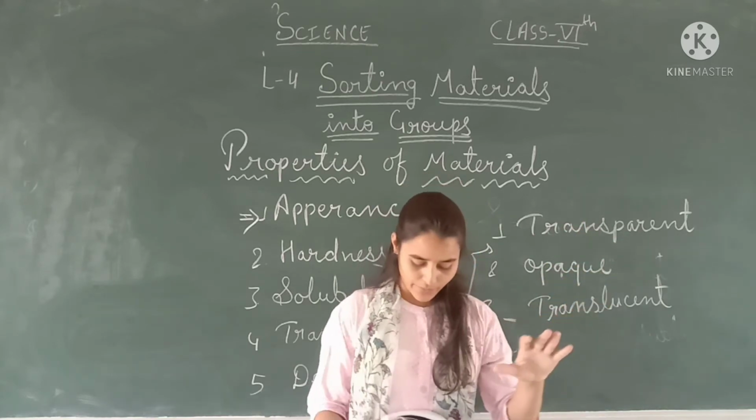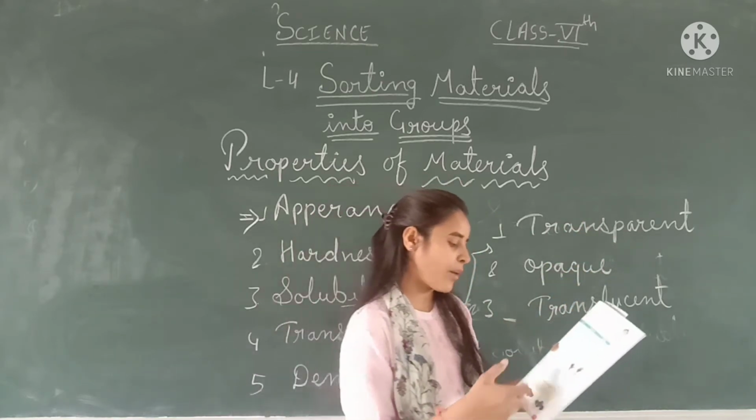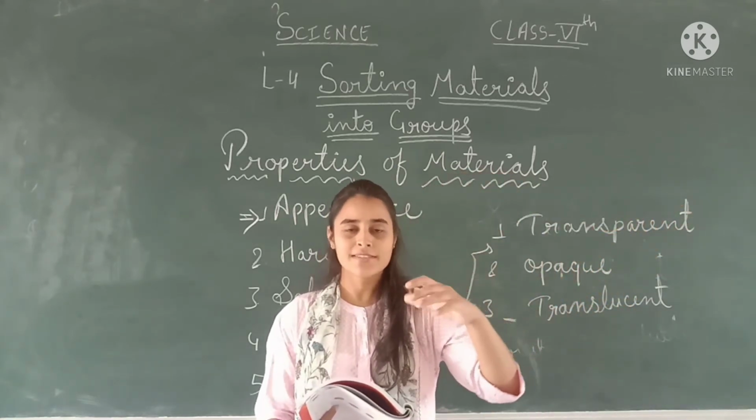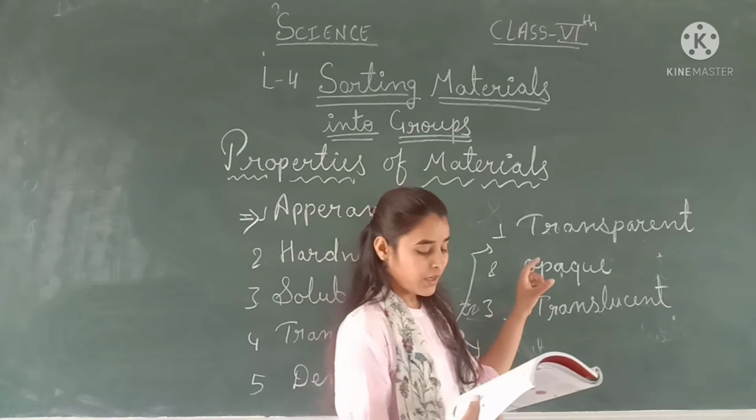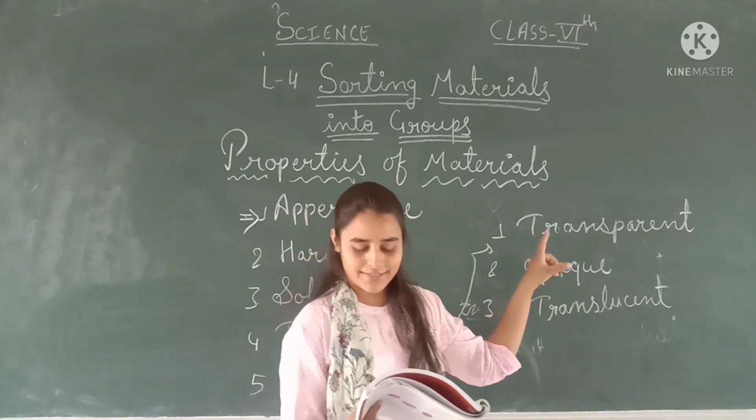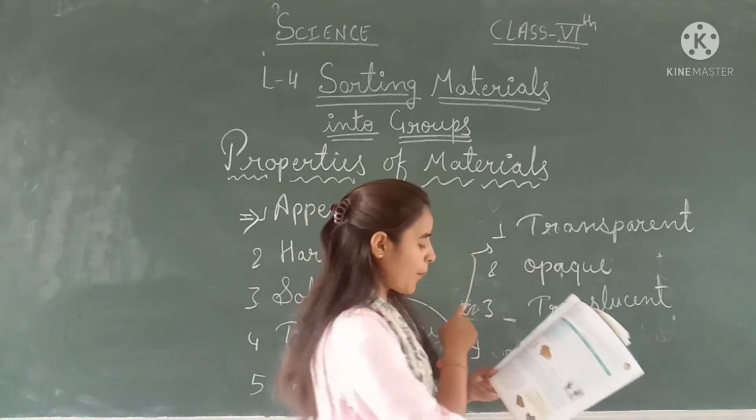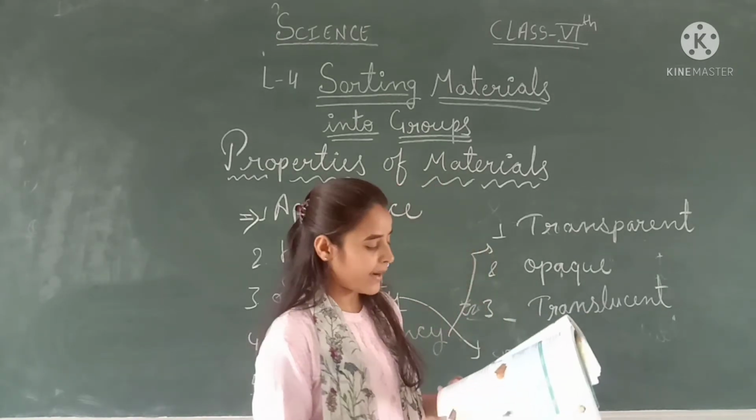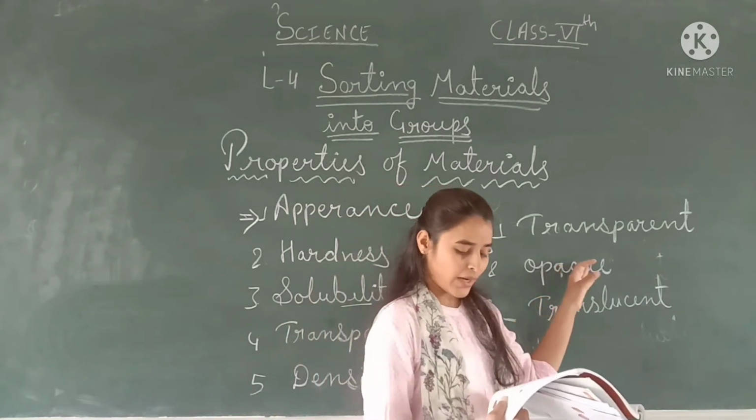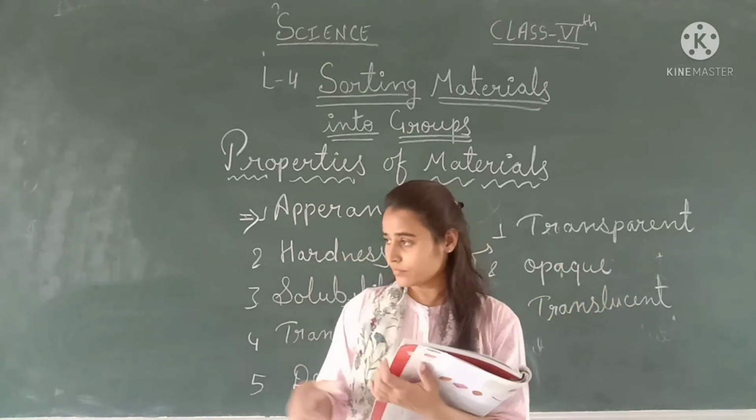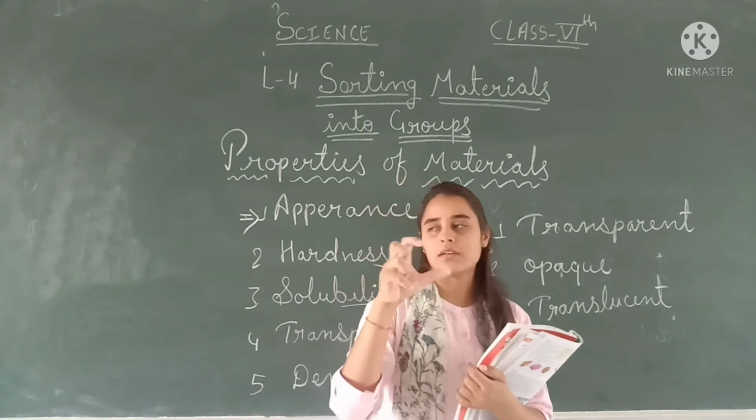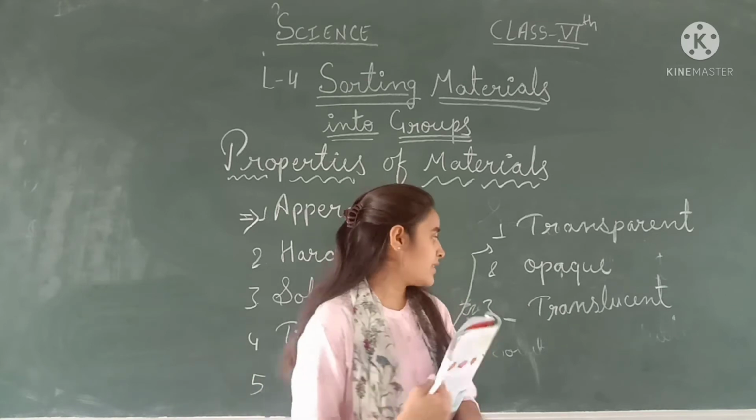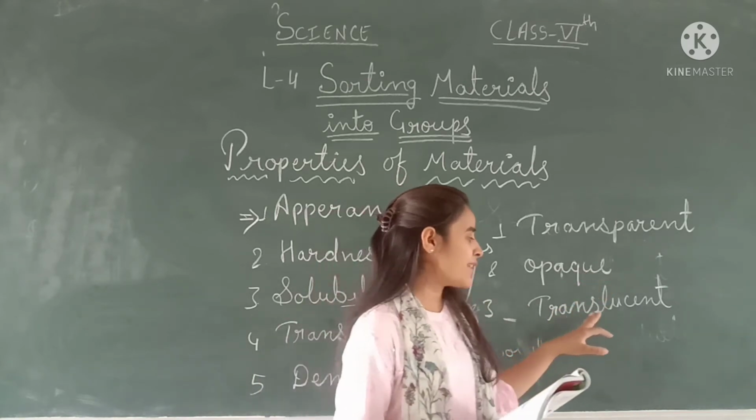Transparent: the materials through which light passes completely are called transparent materials, and through them we can see things clearly. For example, transparent plastic sheets. And next one, opaque: the materials which block light completely and do not allow light to pass through are called opaque materials. Like wooden things and a wooden door, we can't see through this wooden door, that is opaque. And next, translucent means